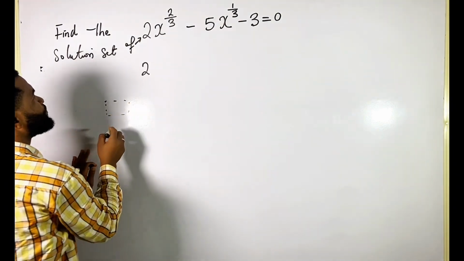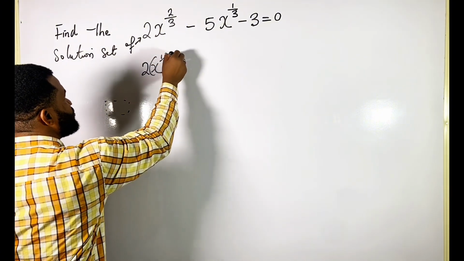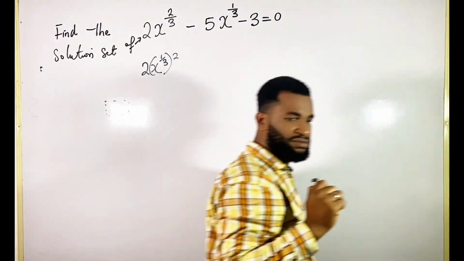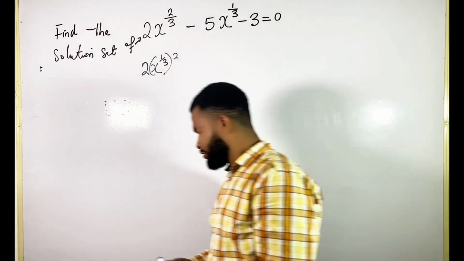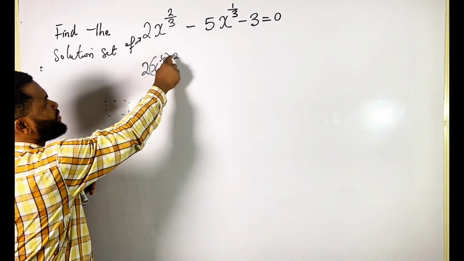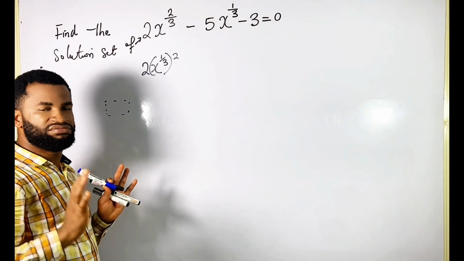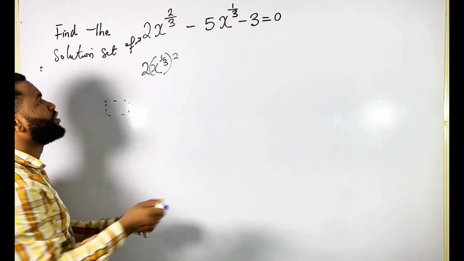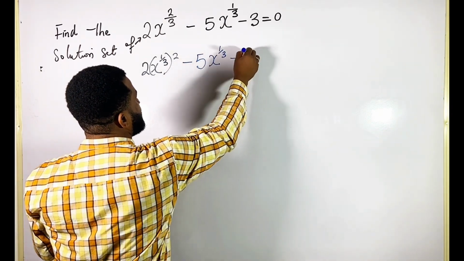So I'm going to look at it this way. I'm going to say that this is 2 times x raised to power 1 over 3, all raised to power 2. Because now I'm using a power law: if I raise this whole expression to the power of 2, 2 multiplied by 1 over 3 is still going to give you 2 over 3. So I am still intact with the first expression. So I'm going to have minus 5x raised to power 1 over 3 minus 3,